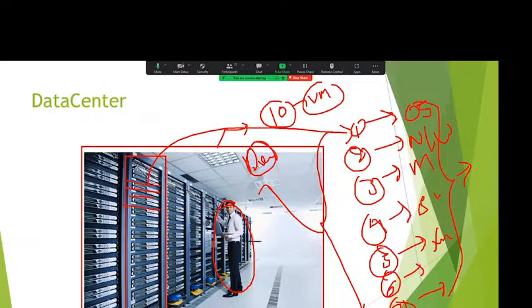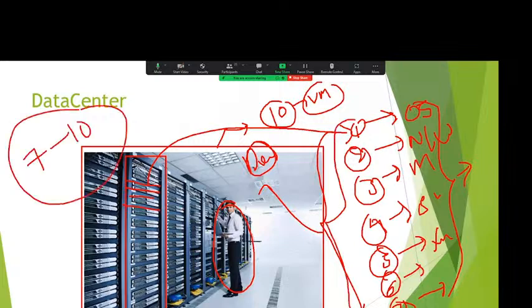Now, to complete this process, it will take a minimum of 7 to 10 days. Why? Because we have to submit the request. It should be approved by the manager. Then it goes to the data center team. The data center team should allocate space for these 5 servers, depending on business requirements. Then installation, configuration, management, verification, and checking security and vulnerabilities. To do all these things, it will take a minimum of 7 to 10 days.